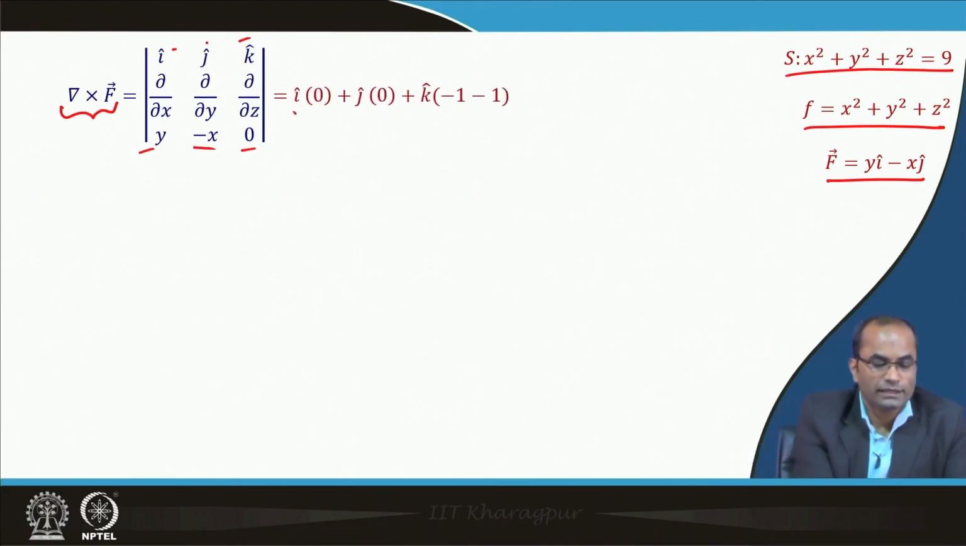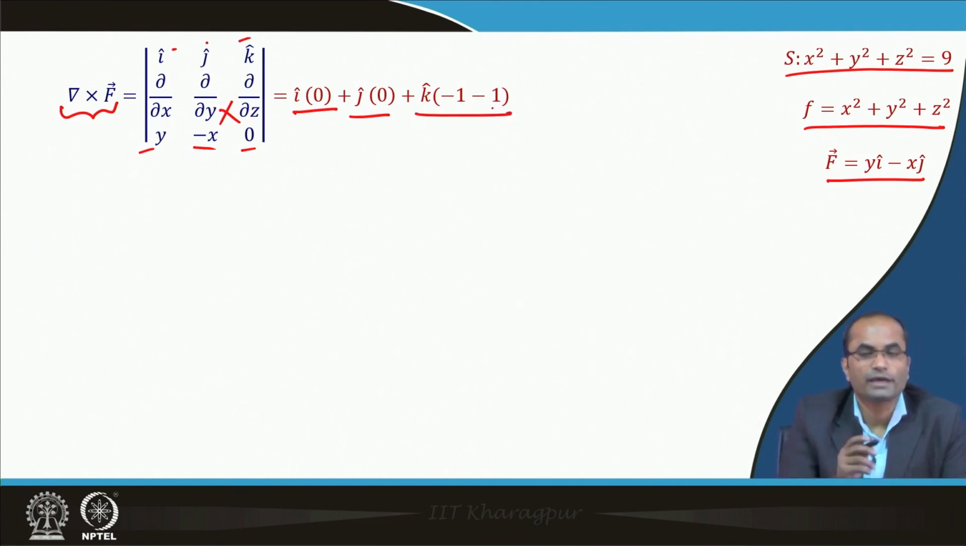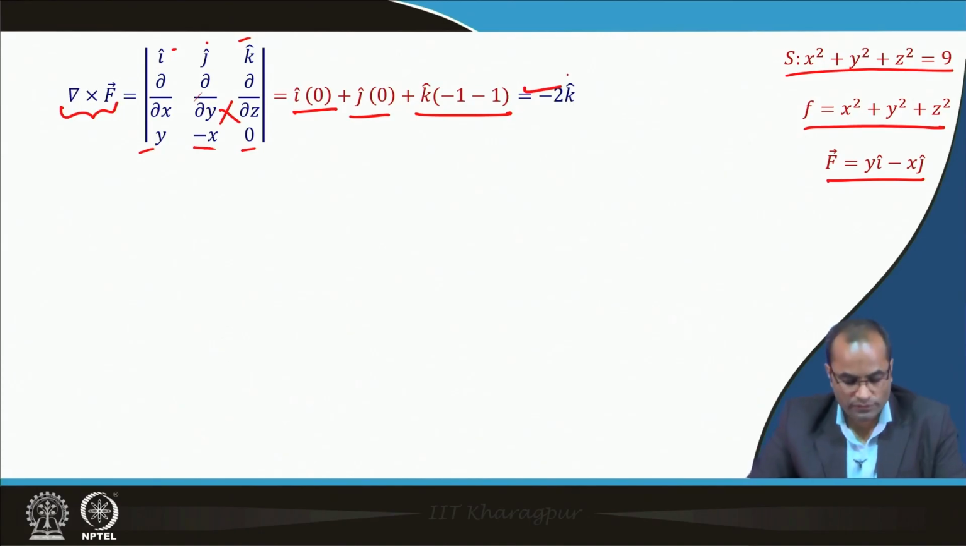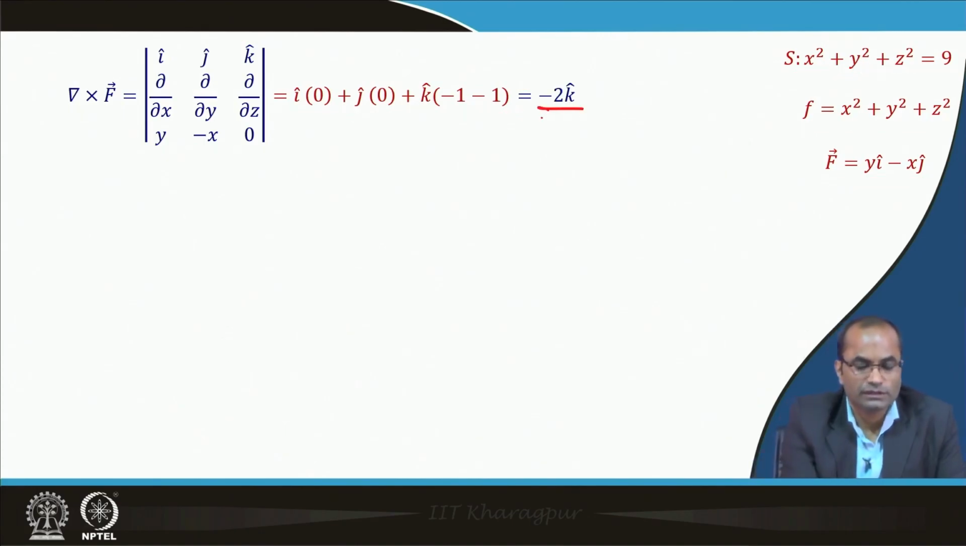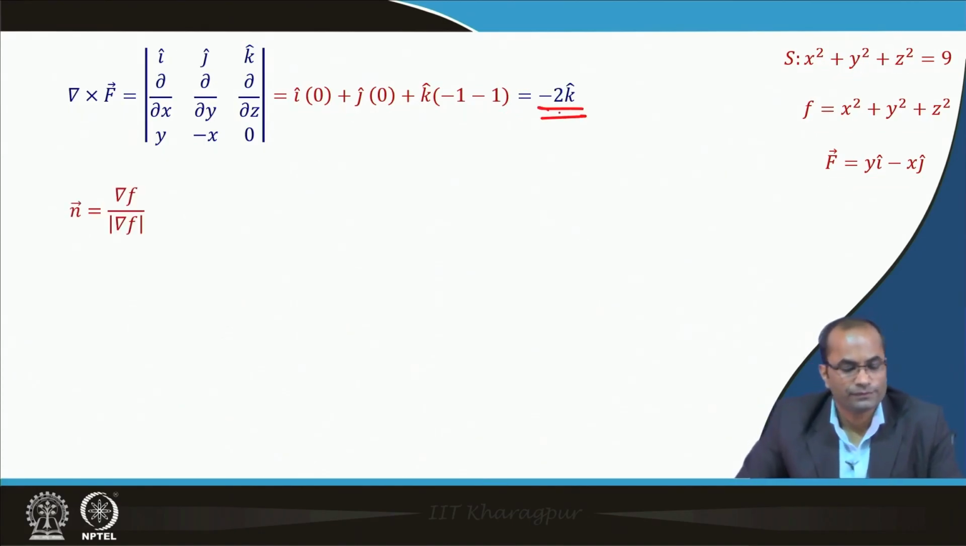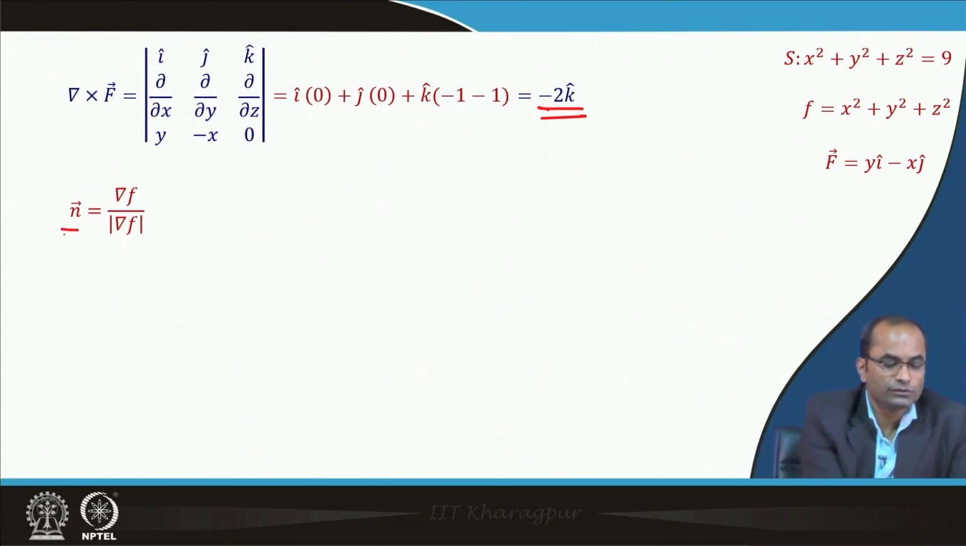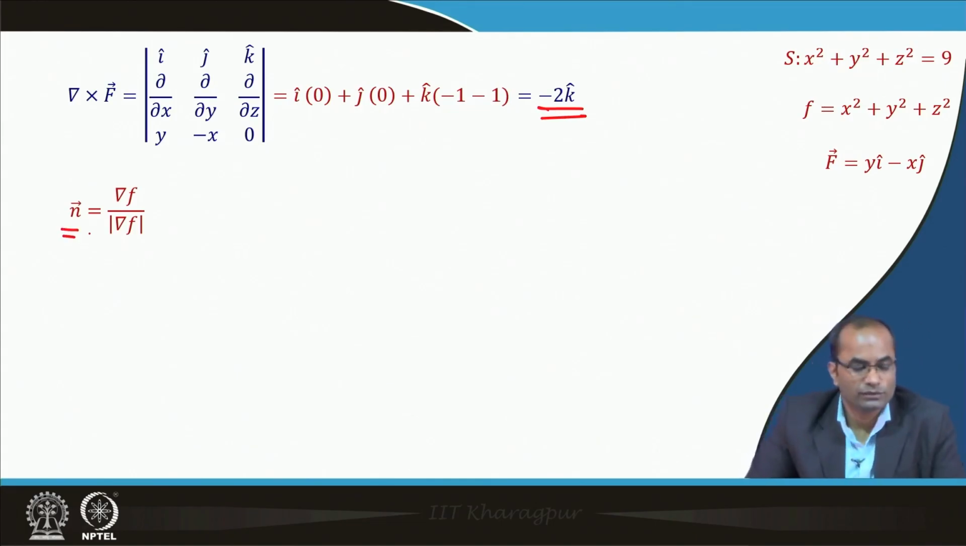So, in this case for i, this will give 0, and for the j also this is going to be 0, and then for k we have minus 1 and then again minus 1. So, minus 2 k is the value there. So, this is the curl f, and then we need to know the unit normal vector to this surface, del f over its modulus,